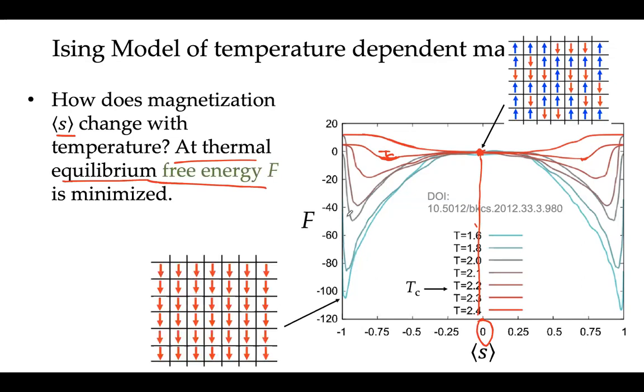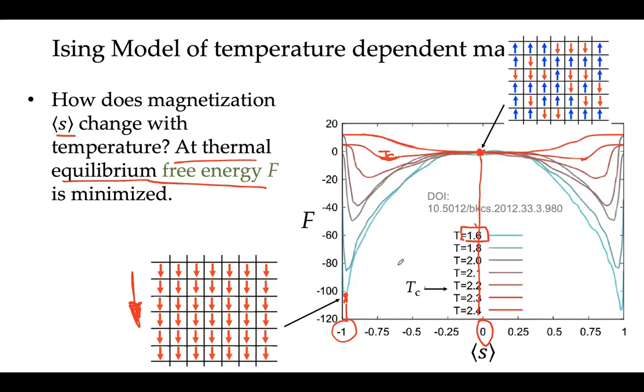So if you go to zero temperature, for example, well, in this example it's not 0 temperature, it's actually 1.6, but it's way below the TC, so it's a low temperature. Let's say all the spins are aligned in the negative direction. So the minimum of the free energy at this low temperature occurs here, and that corresponds to the magnetism -1. So what this tells us is that the macroscopic magnetism produced is in the negative direction.